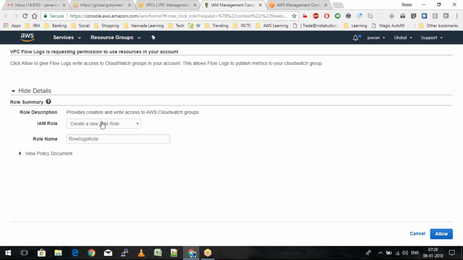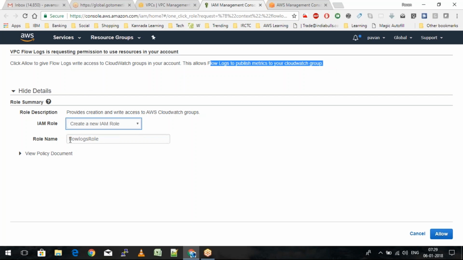All that I need to do is just recheck a certain number of things. So it says that VPC flow logs is requesting the permission to use resources in your account. So what are we trying to do here? The VPC flow logs wants access to the CloudWatch groups so that it can publish the logs there.